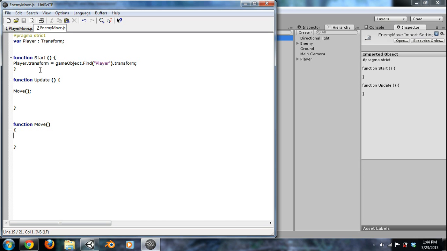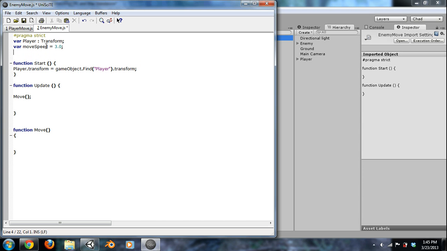So we're going to declare a variable called move speed again. And just make that, I think we had 5, so let's make them a little slower. We'll just do 3 to start off with, a little slower than the player. And then we're also going to make a direction variable, and we're going to call that 0. So if direction equals 0, so if the direction is equal to 0, we're going to call,